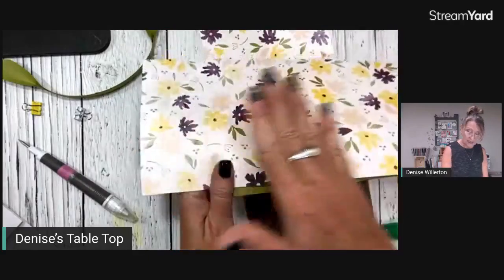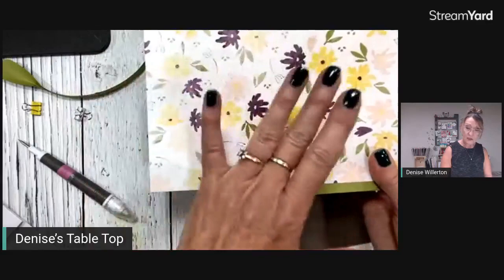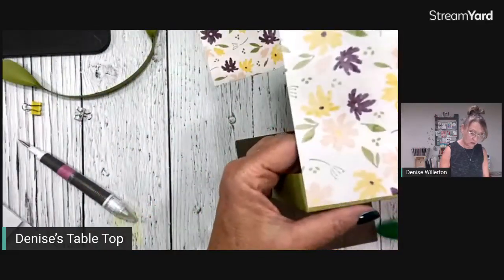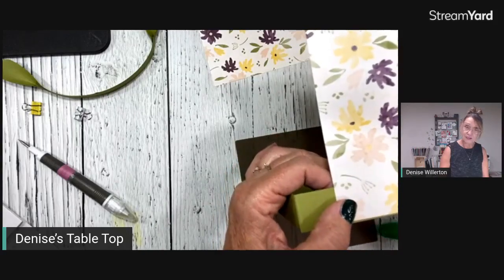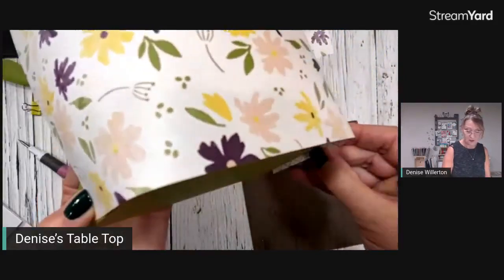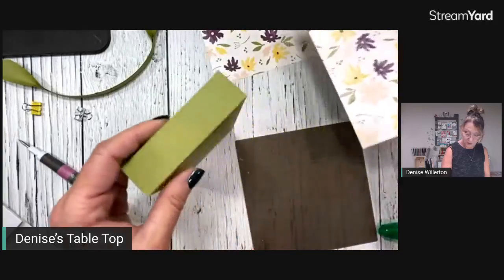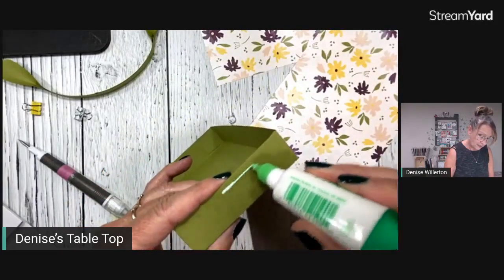I want a nice clean area on the front. So I don't want a seam, but I don't want this edge to be right on the corner. So I'm going to pull that in just a smidge, like so. Okay, so then this is going to wrap around like so. So let's put a little bit of adhesive